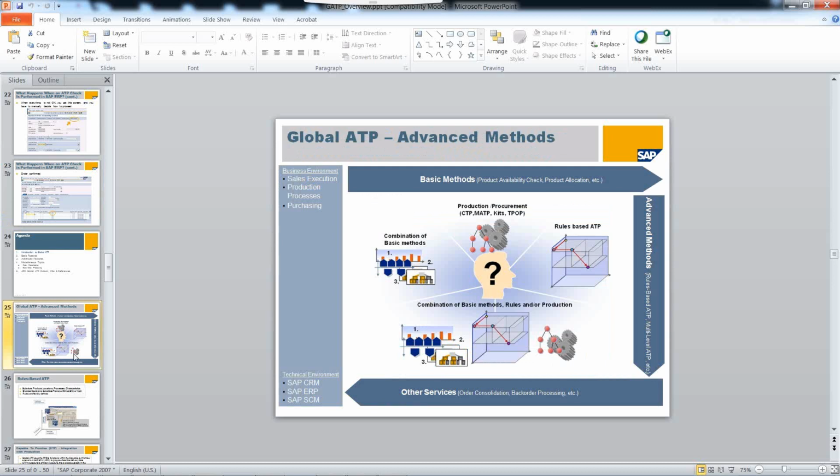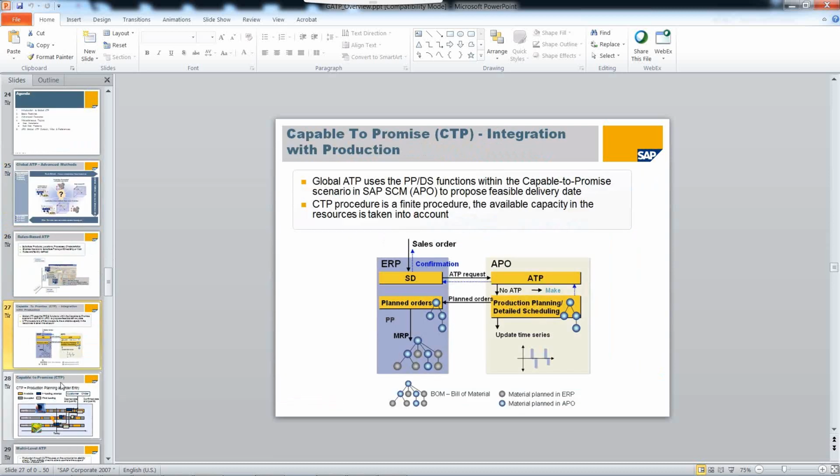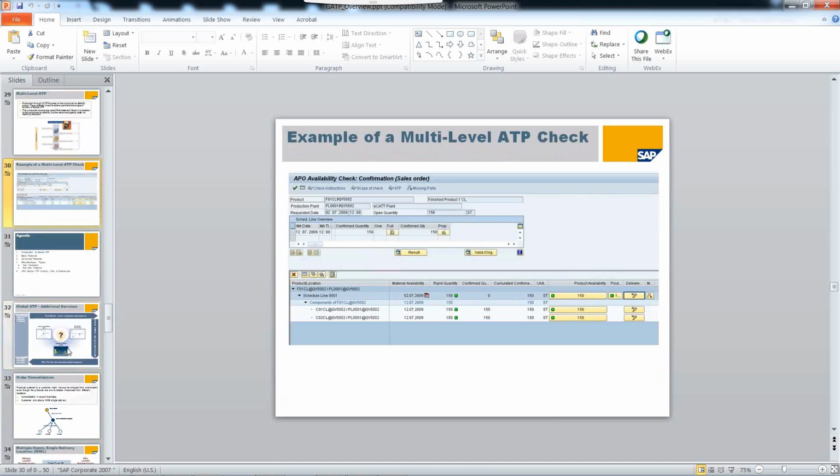Then we'll talk about backorder processing. So how do you do online backorder processing, which is a new feature in 7.0 onwards, and how do you do batch backorder processing? So how to set up backorder processing for different scenarios. Okay, so these are the topics which we'll be covering in the total